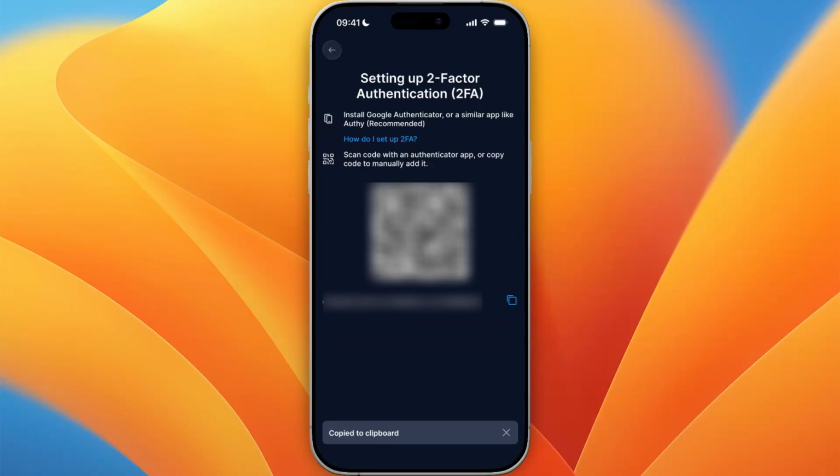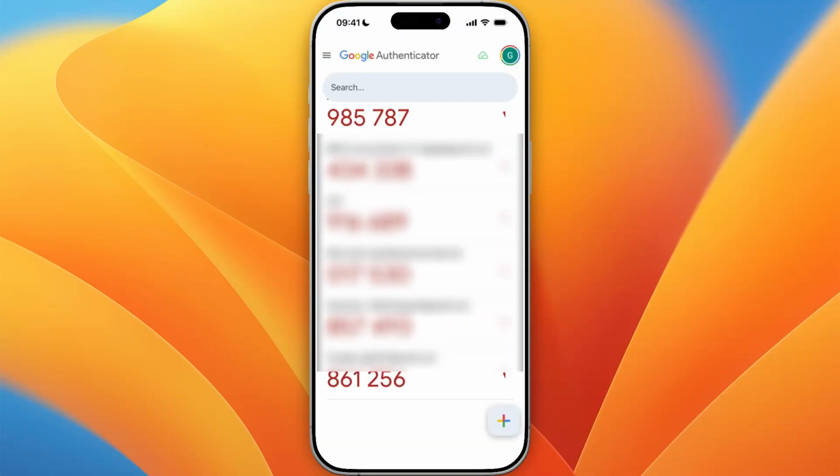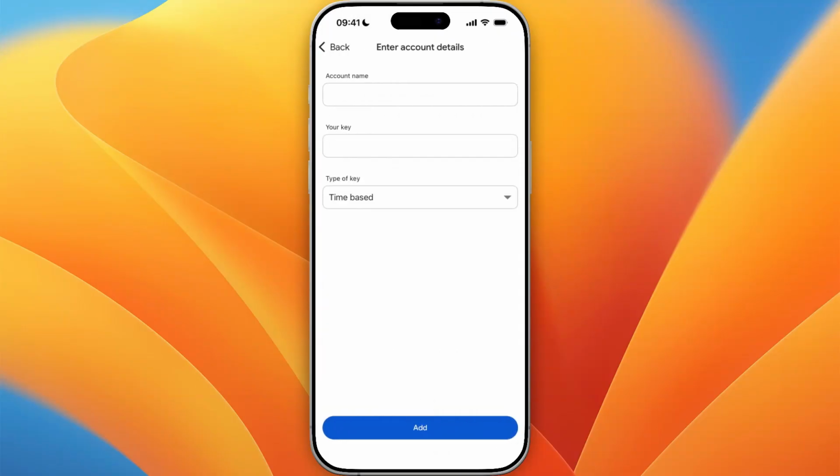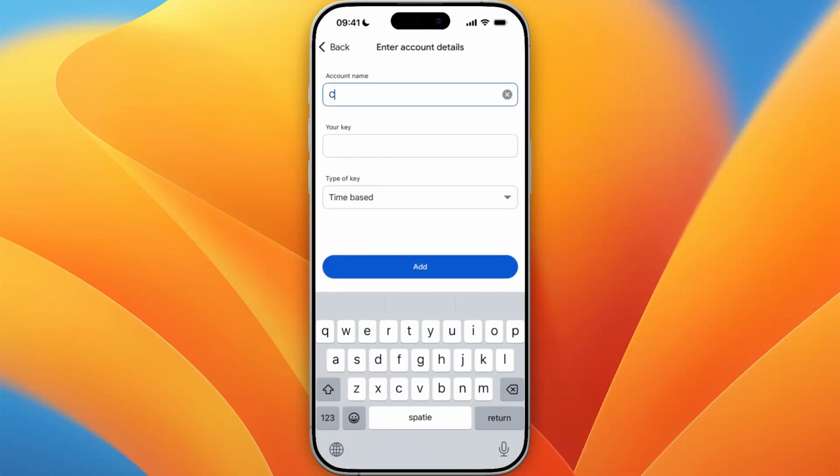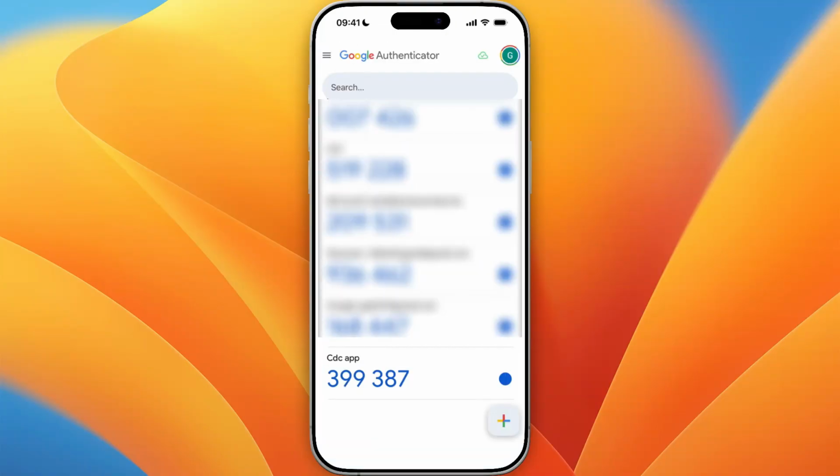then be copied. Now open up your Authenticator app of choice, then click on the plus in the bottom right, and select enter a setup key. Now here for the account name, just name it something like Crypto.com app or whatever you want to call it, and then here paste in your key. Then from there click on add. Then here just go and click on the code right here for the CDC app or whatever you called it,